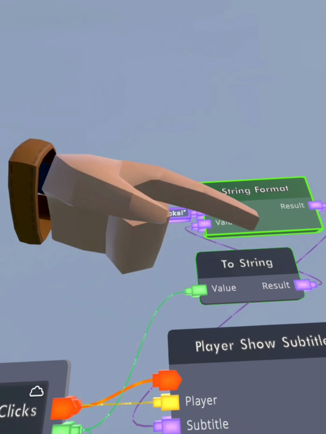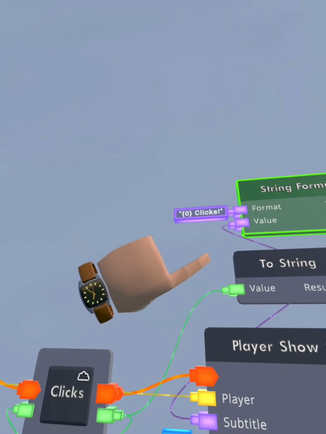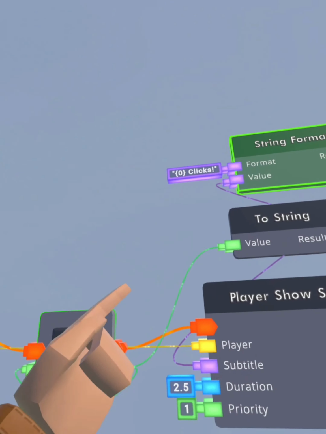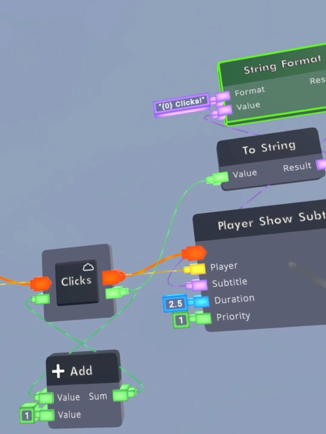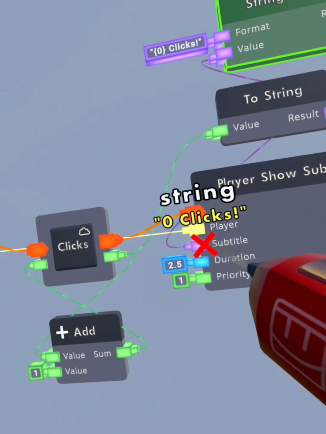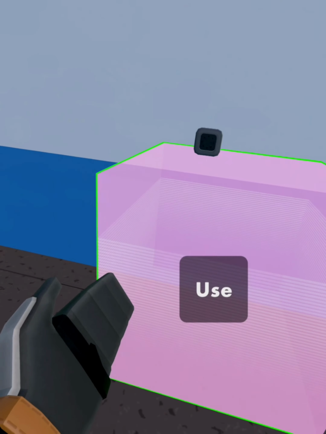So for formats, the 0 is always going to be the first format instead of 1 being the first format. It's confusing, but I guess it makes sense. So right here, if I hover over the subtitle, it's going to say 0 clicks because I have 0 clicks. But when I press this,